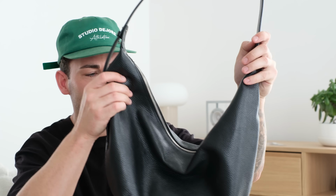Absolutely love it. Now, what I will say, it's definitely not the cheapest bag on the market. I think it's £180 or £179, but it is genuine leather, and it's a really nice leather as well. It's got a really nice grain to it, and if you guys know the COS crossbody bag that I've got a couple of in a few different colorways,